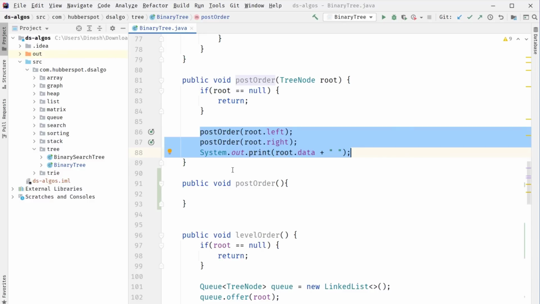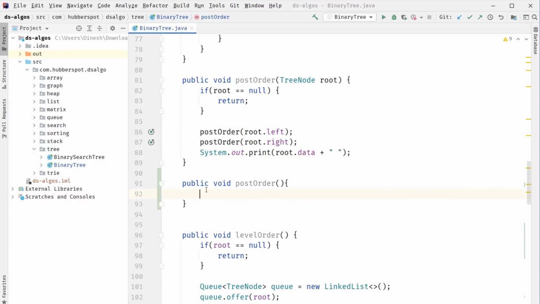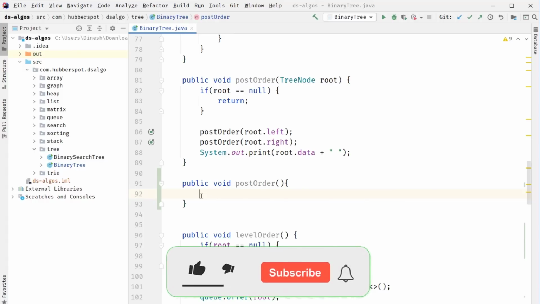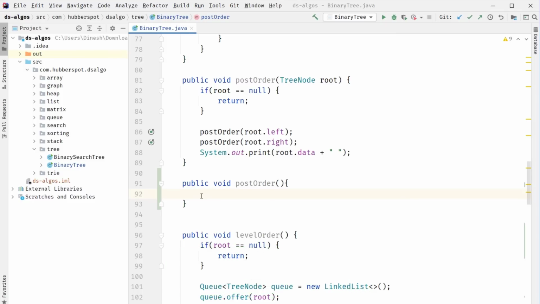So when we perform the iterative approach, we usually use the while loop and we traverse each and every node of the binary tree, keeping the post order traversal in mind. And the data structure that will help us do this is the stack data structure, which is a LIFO data structure, also known as last in first out. So the last element inserted inside that data structure will be the first one to be removed. We discussed this algorithm step by step in our previous video using an animation. So now let's code the algorithm and test its working.